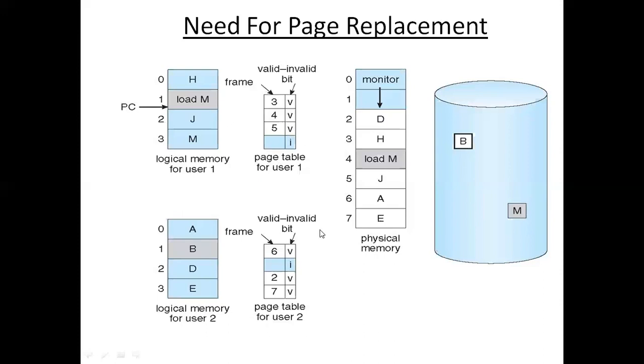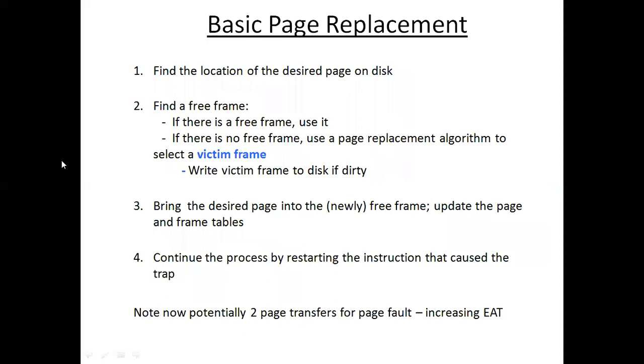Now, since 2 is removed, and this was holding the D frame, 2 is made invalid. This is changed from V to invalid because D is no more residing in physical memory. Which will become V now? Since you're taking this M and placing it over here, and M belongs to process 1, you put here 2 and mark it V, because you're placing M in the second frame, and it is valid because it is there in the physical memory. So that is what happens over here.